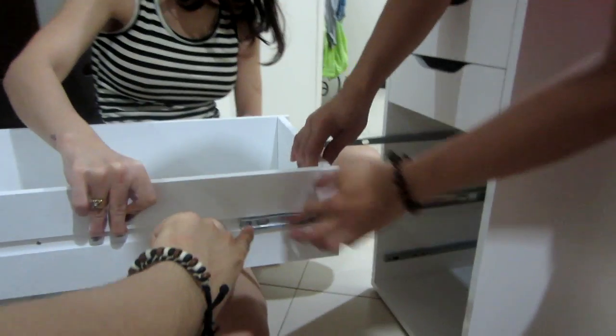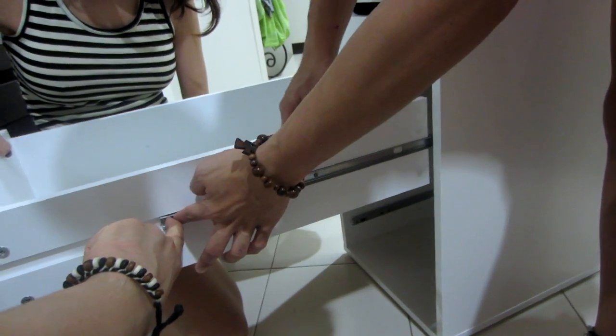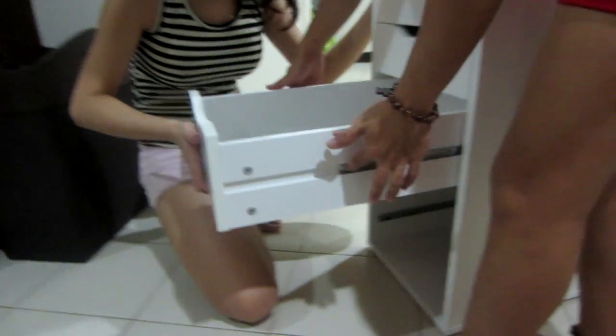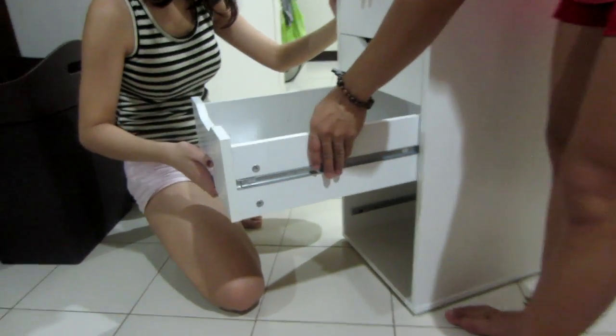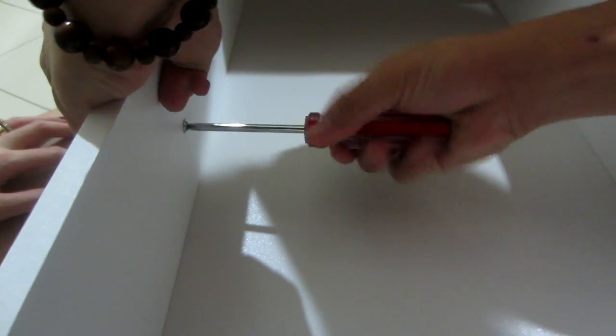You gotta hold this. Hold that. Press the button. Okay. Okay, now go. Now, set to lock. Press the button and let me know before I...